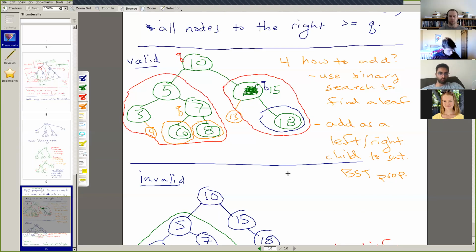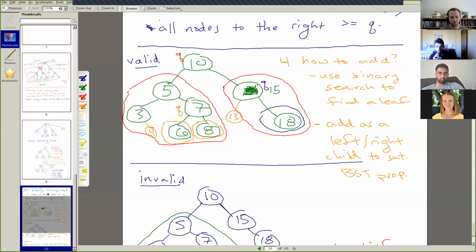Are there any questions about the intuition about this adding procedure, how you add things to the tree? Yeah, Mike. So when we're finding, I'm a bit confused about the finding step since we're not looking for an exact number. What exactly are we finding for? You're searching for the number that you're inserting.